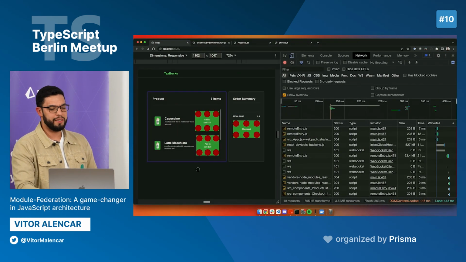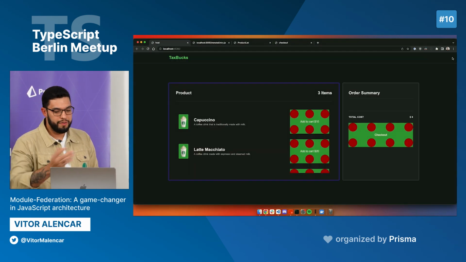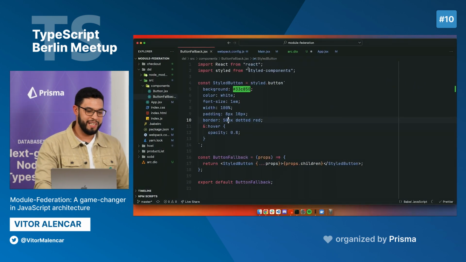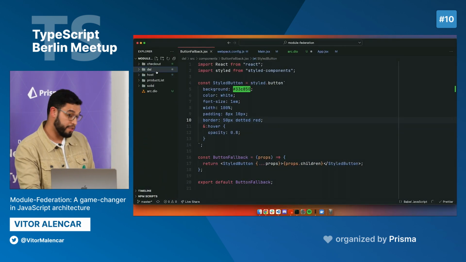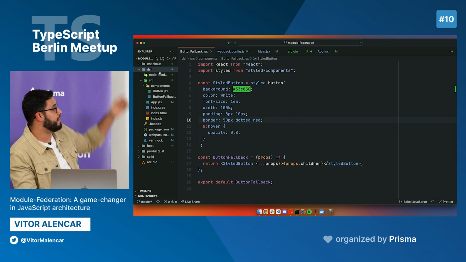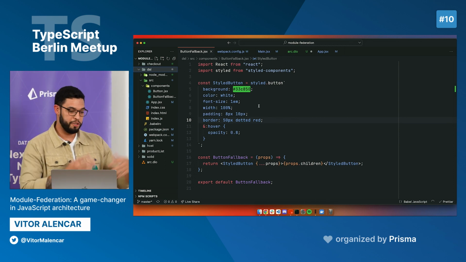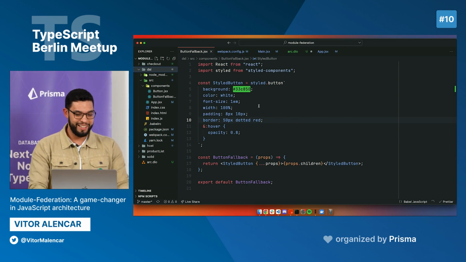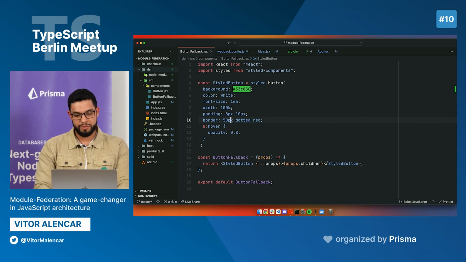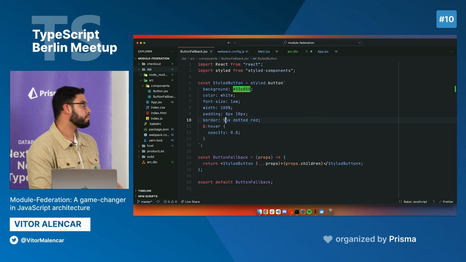That I changed this button. So this goes for everything, right? I didn't show it here, but now I'm going to reveal that this is also a micro frontend. So this is my DSL. This has nothing to do with the checkout and the product list. It is just a dependency of them too. So I'm just exposing this